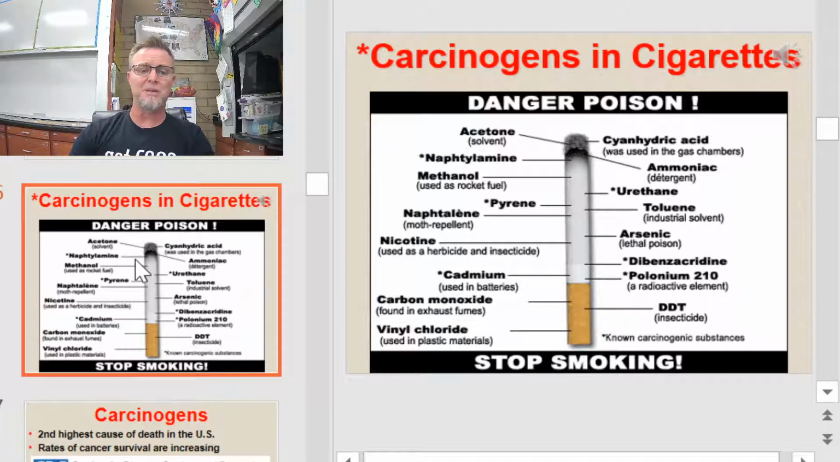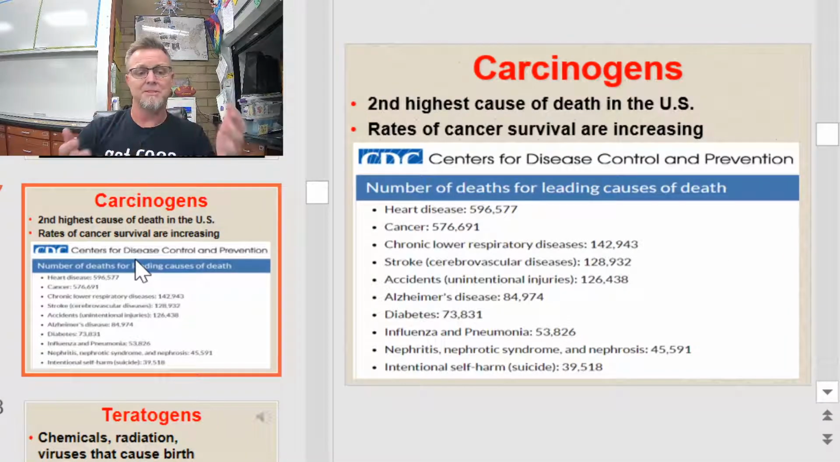Look at the list of other things that are included in cigarette smoke, right? There's acetone, which is a solvent, right? Naphthalene, which basically is like the preservative for mothballs, okay? There's methanol, which is an additive for rocket fuel. So nicotine, which is the addictive part of cigarette smoke. Arsenic, which is a toxic poison. DDT, which is an insecticide. There's carbon monoxide in the smoke. There's even vinyl chloride, which is used to make plastic. I mean, let's just be real for a minute. It's not good stuff. There's a variety of other carcinogens that I could go on and on and on about,